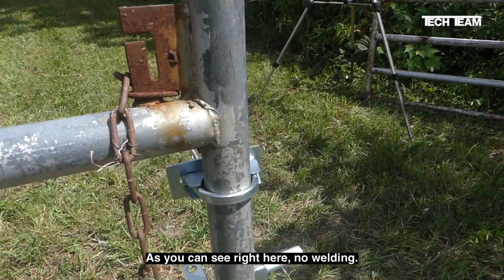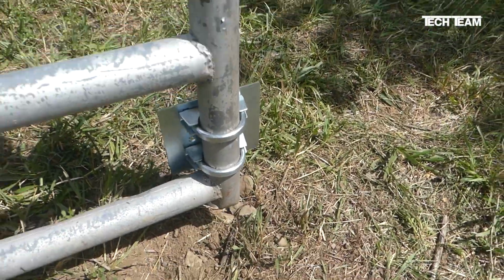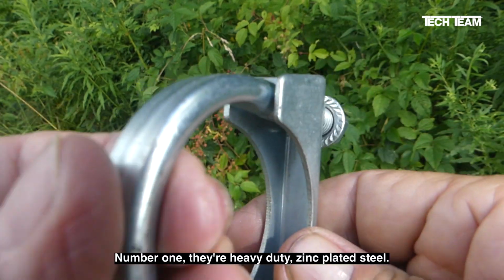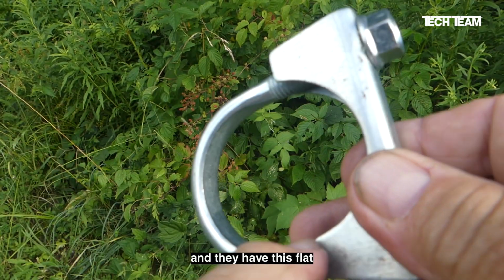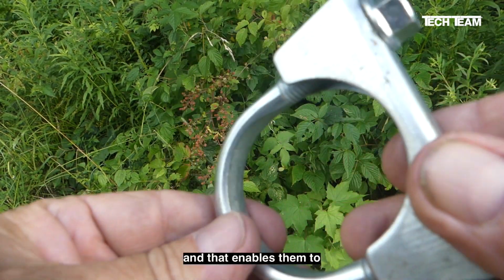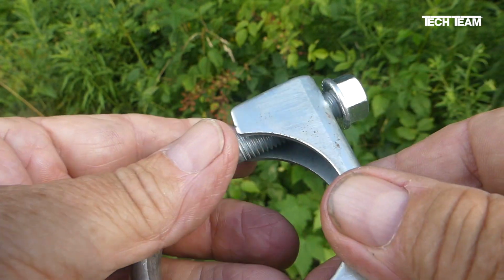As you can see right here, no welding. Everything clamps on with these super heavy duty clamps. Just take a look at these clamps. Number one, they're heavy duty zinc plated steel. You can see how big they are here. And they have this flat interior perimeter, and that enables them to firmly grip the tubing of the gate without